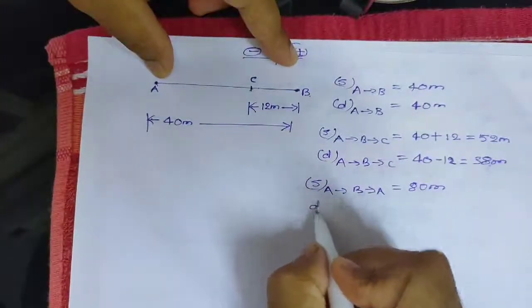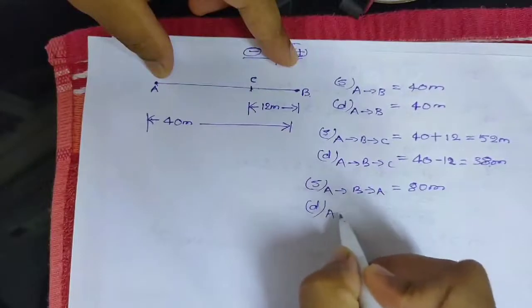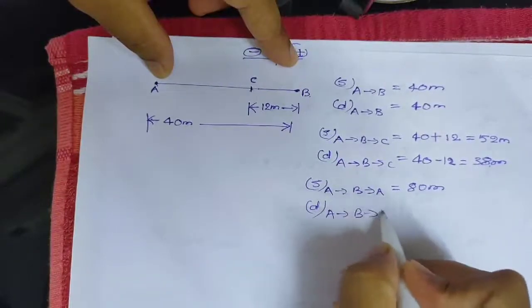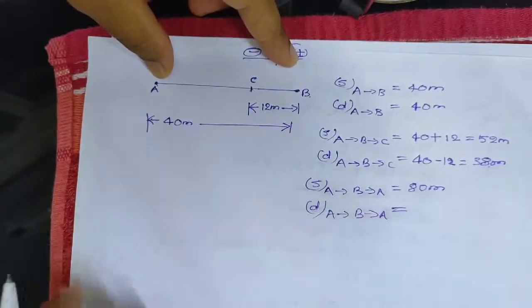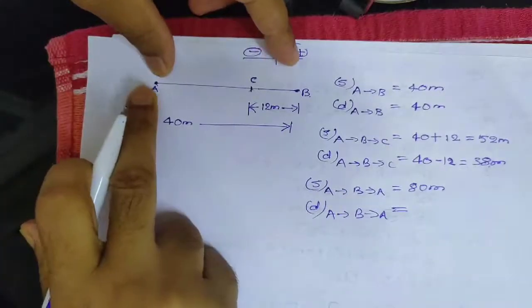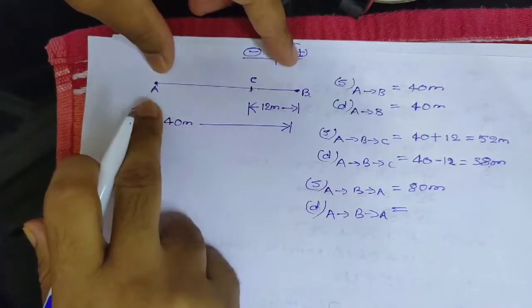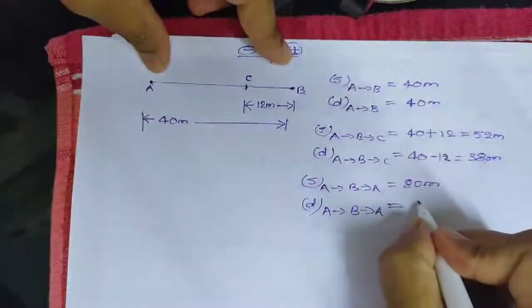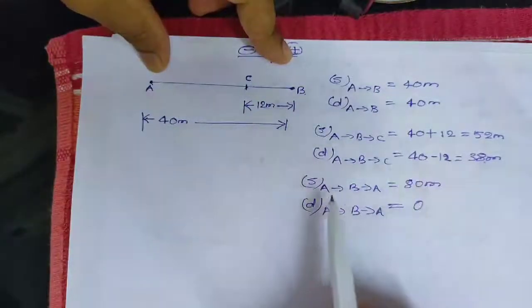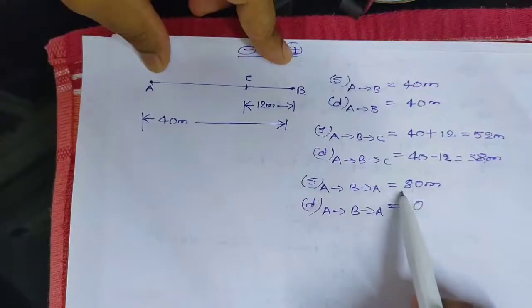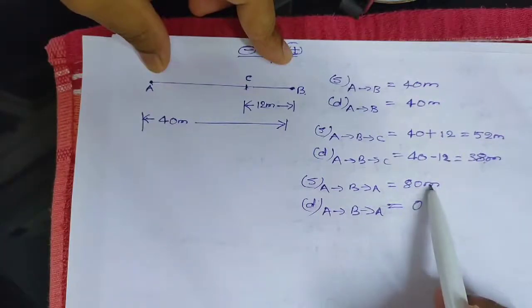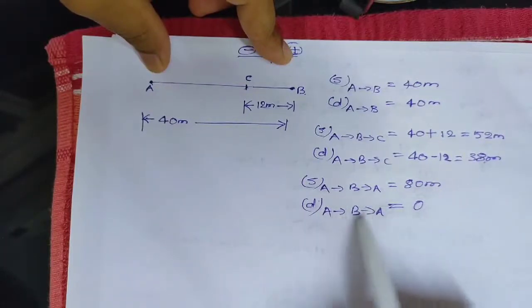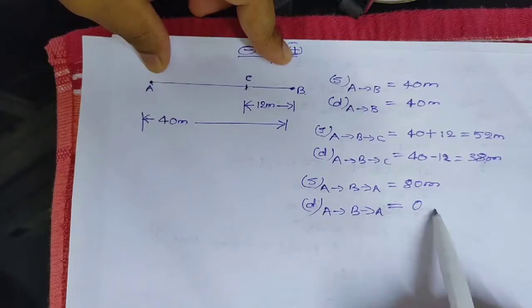And what is the displacement from A to B to A? Since the final and the initial position of the object is same, so as per the concept there is no displacement. See the difference. The distance traveled by the object is 80 meter, but displacement is 0, no displacement,